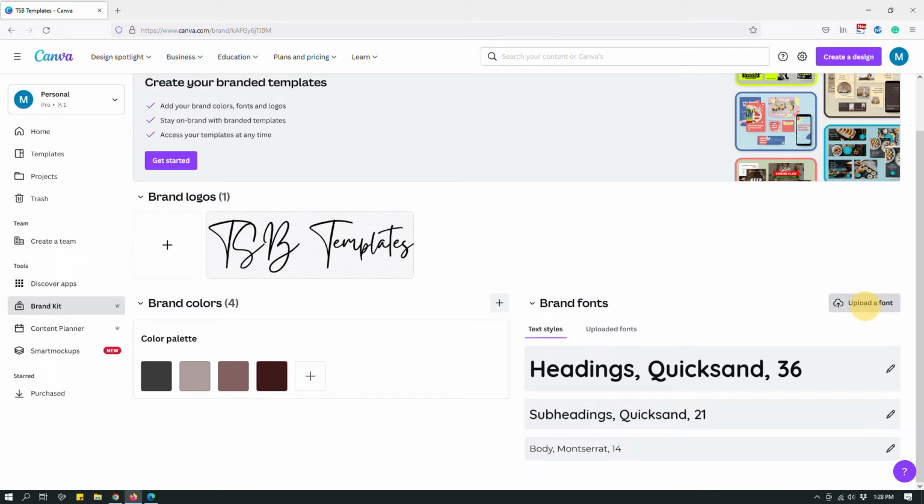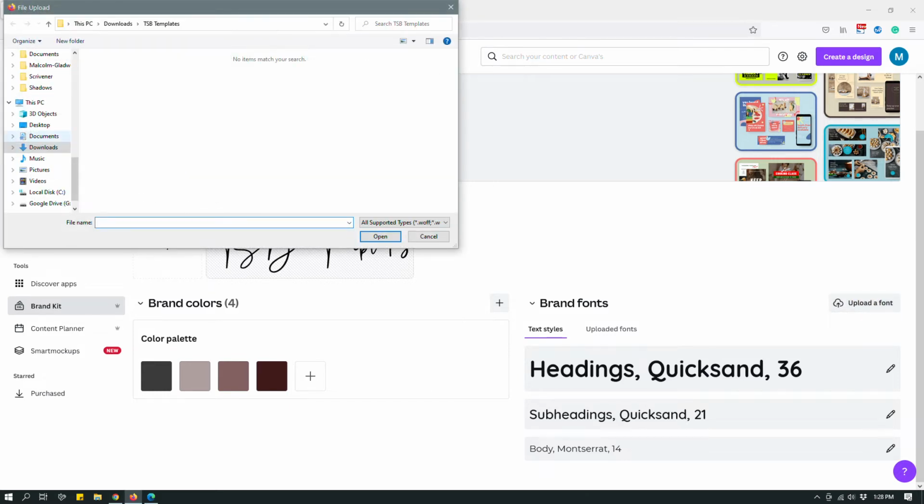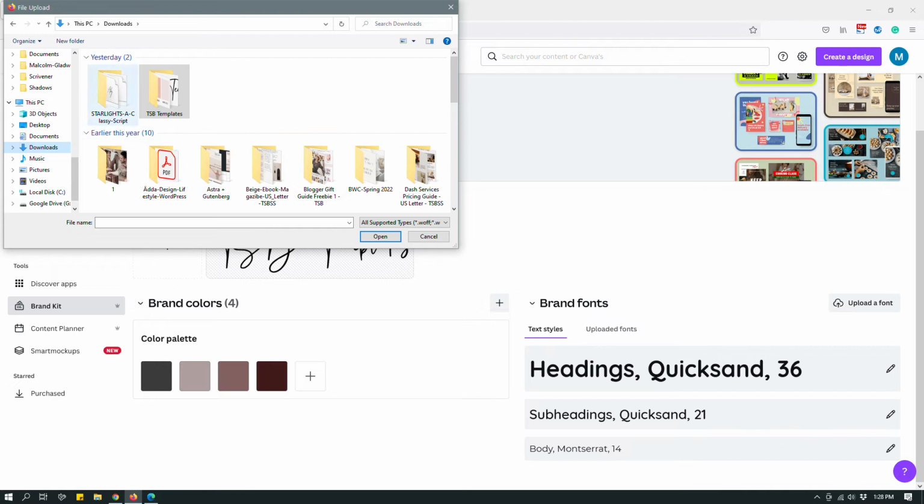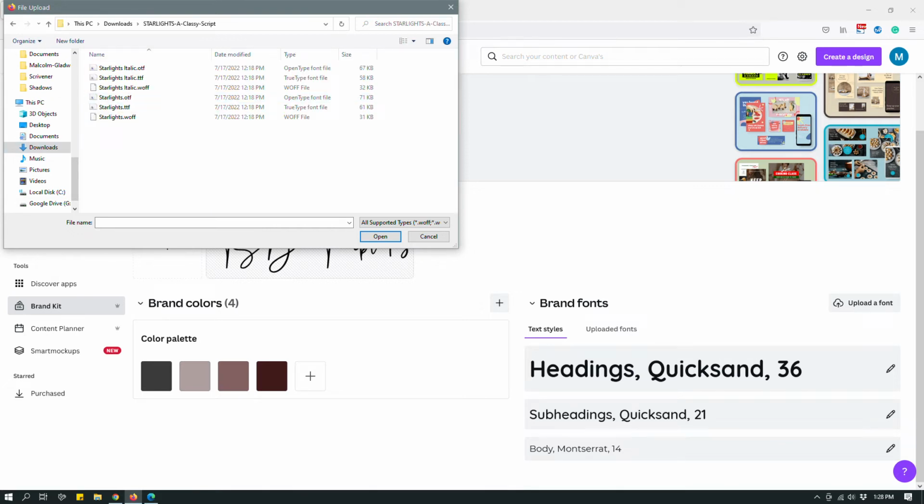right over here. So if you do that, I have a font here. It's called Starlights. So let's say that I want to use Starlights as my header font instead of Quicksand. So I can upload it,